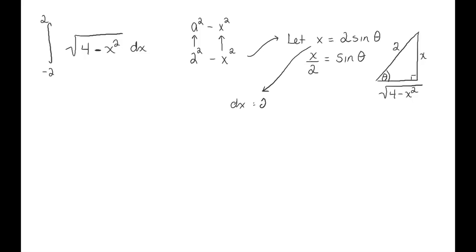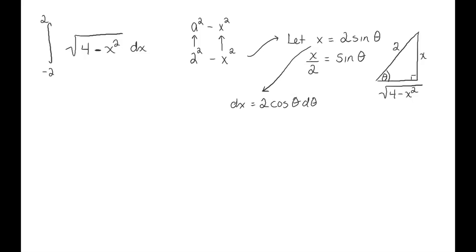dx is 2 cosine theta d theta. You guys with me on that? All right. The other piece of this is the square root of 4 minus x squared, and I'm